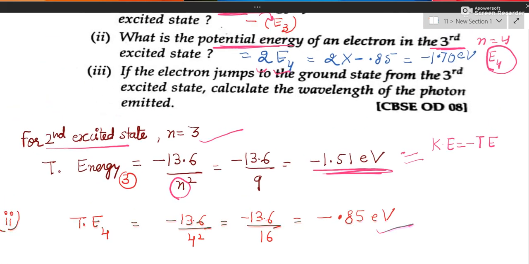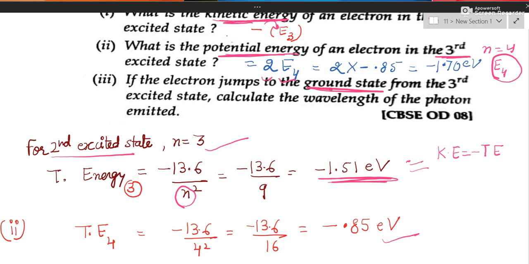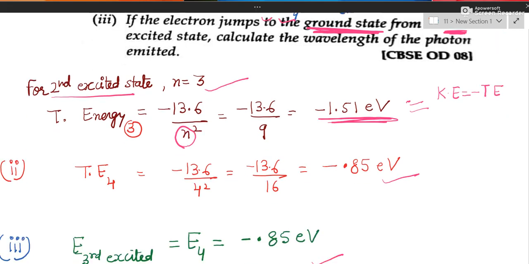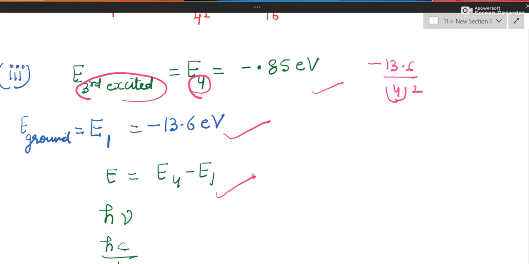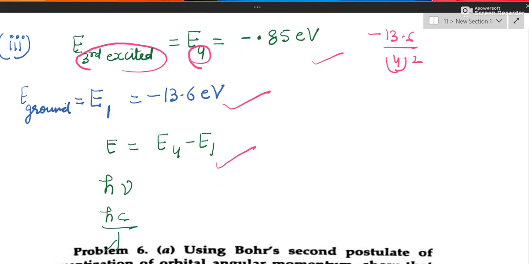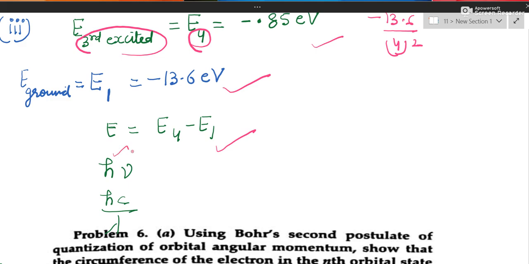In the third part, they are saying if the electron jumps to the ground state, so n is equal to 1, find out the energy in that. And in the third excited state, n is equal to 4, find out the energy in that. So find out the energy in the ground state and the third excited state. So this is my third excited state, n is 4. I have divided, you can divide on your own. 4 square electron volt. And the ground state energy, you can take the difference, again in such a way that it has to be positive. Then put it equal to h nu, and find out nu or lambda, whatever is being asked.